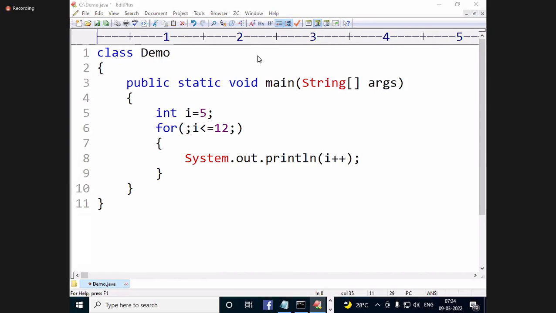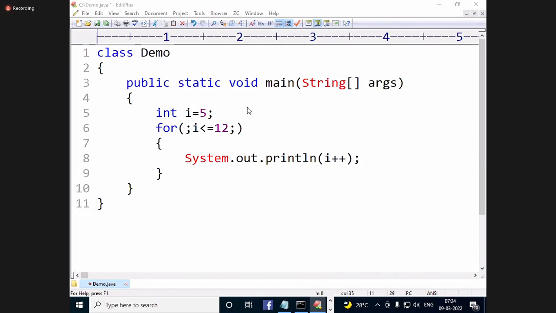Okay, online students' answers. Here also multiple. 5 to 16 also. How is 5 to 16 possible? Okay, 5 to 13, 5 to 12 or 6 to 12, 6 to 13.